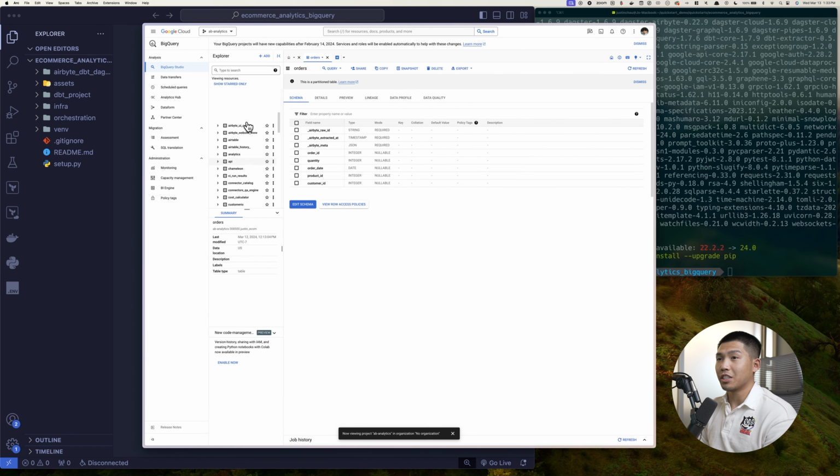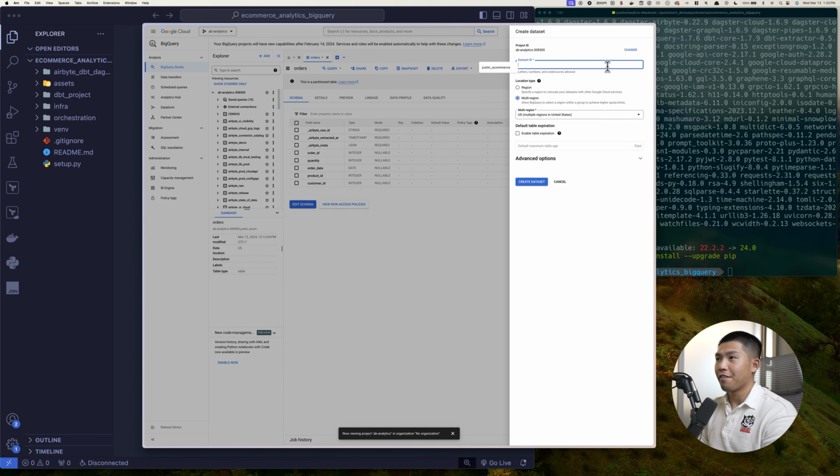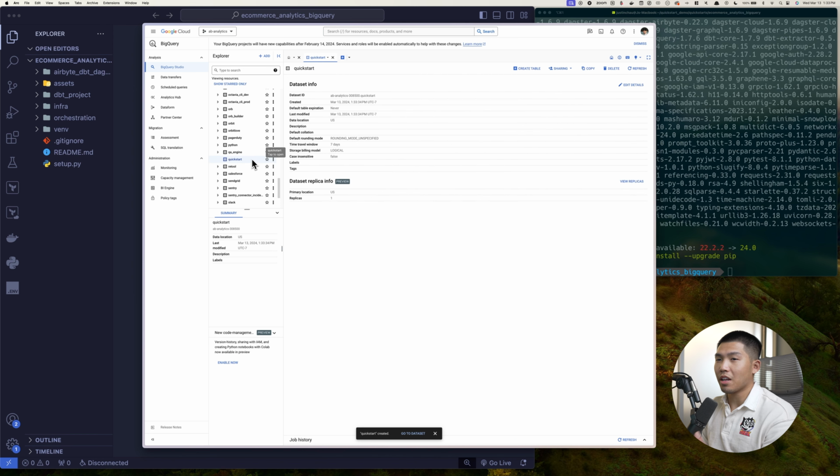That's going to send you to a screen just like this, and at the very top where you see your project name, you can click Create Dataset. And from here, we're going to create a data set and we're going to name this Quick Start, just because. You want to make sure it's multi-region, US, or whatever region that you want, and then you can click Create Data Set. Now, if I go down and we have Quick Start, as you can see, there's nothing in here in Quick Start, but we're going to go ahead and fill that